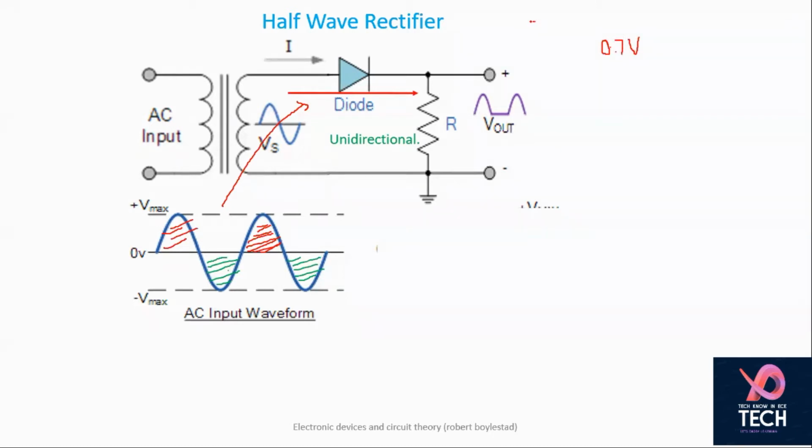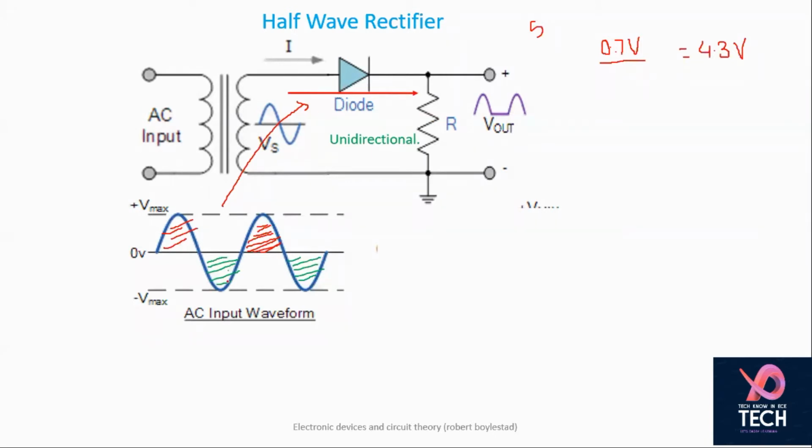So if you are providing 5 volts here, then at this particular point you are getting 4.3 volts, because we know that some of the voltage is being consumed by the diode, unless it is an ideal diode. If it is an ideal diode, you will get 5 volts at this point. But this is not an ideal diode. This is a practical diode, and we normally assume that this is a silicon diode. A silicon diode has a drop of 0.7 V. So whatever the input, the output will be input minus 0.7. That's all. This is the case when positive is being applied on the diode.